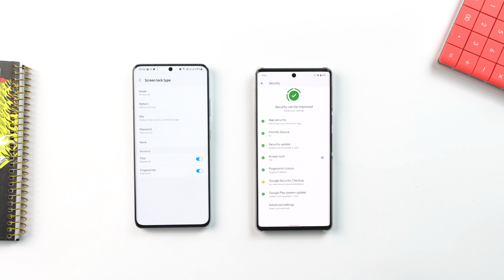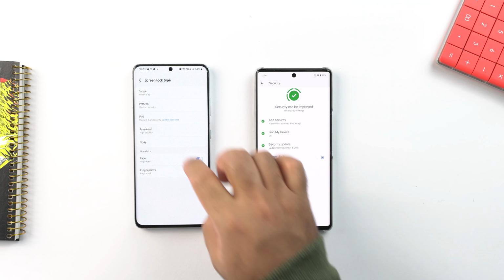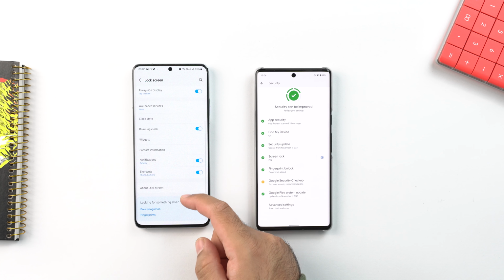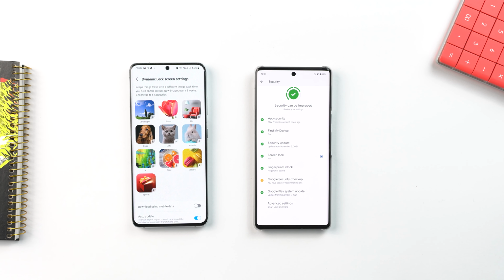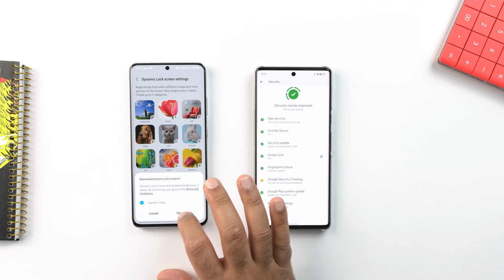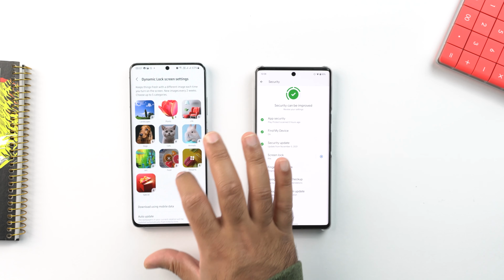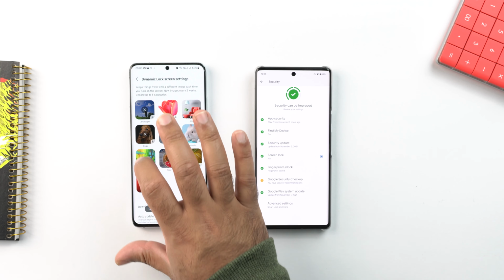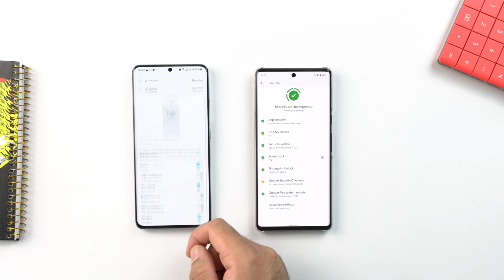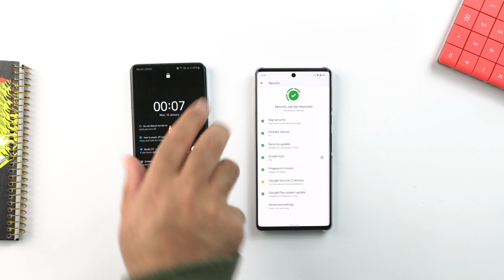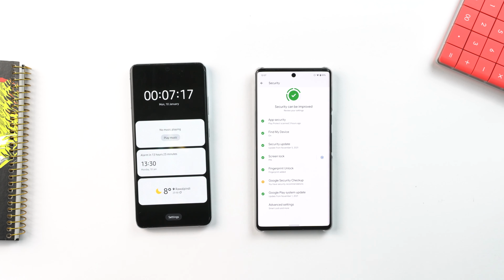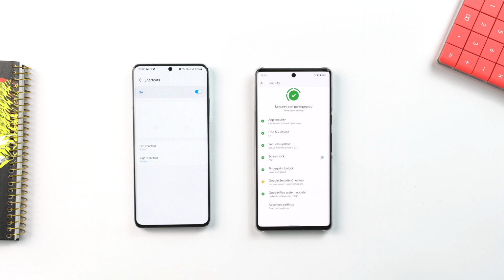The lock screen options on the stock Android 12 are limited to fingerprint and PIN. On the One UI 4, you get the Face ID unlock along with these options. You can use a custom wallpaper service on the lock screen of the One UI 4. Stock Android doesn't have this option. Furthermore, the lock screen of the One UI 4 can display widgets, contact information, and shortcuts. Stock Android's lock screen is just a pure lock screen, nothing more than that.